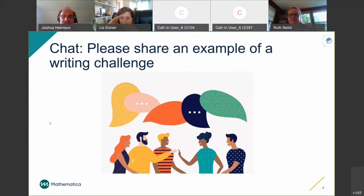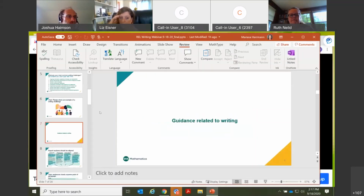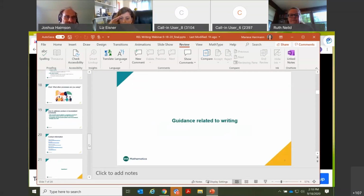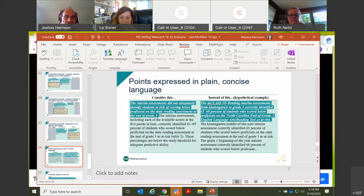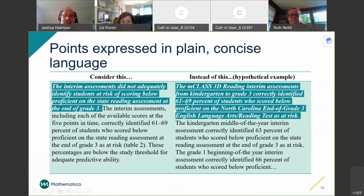I just thought about this issue of balancing plain language against capturing methodologically complex technical details. What we usually suggested is that it is important to cover technical details sometimes, but it's best to confine things that are not particularly accessible to an appendix. And so Marisa is skipping ahead here to a plain language example, but I think,